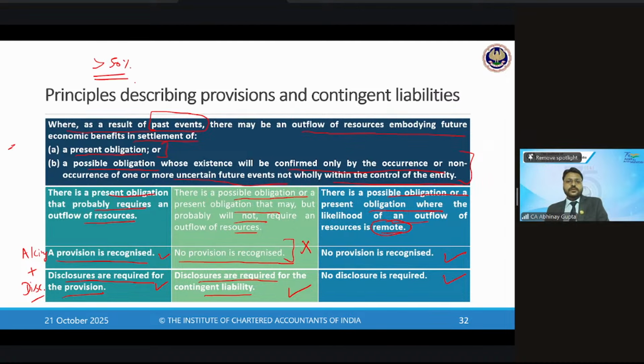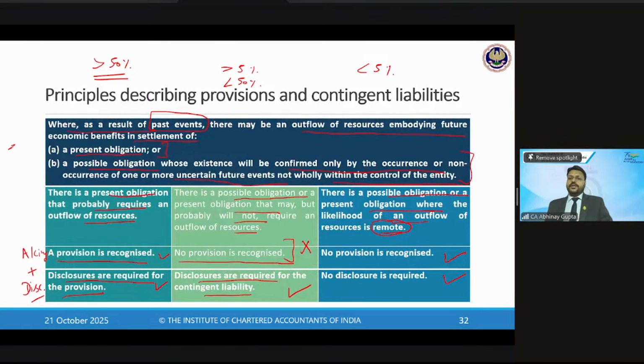In the case of contingent liability, we say chances are more than 5%, but less than 50%. And in this case, chances are less than 5%. So in such a situation, we will say there is no action required, right? Neither accounting nor disclosure,